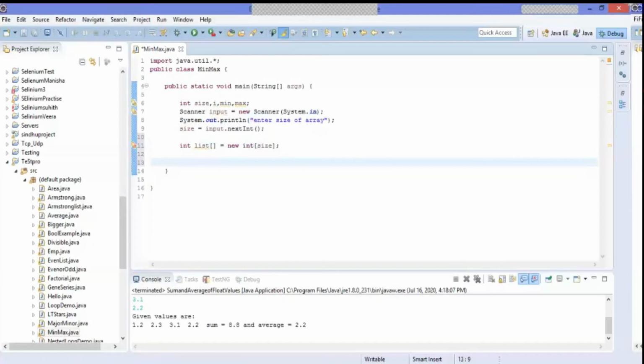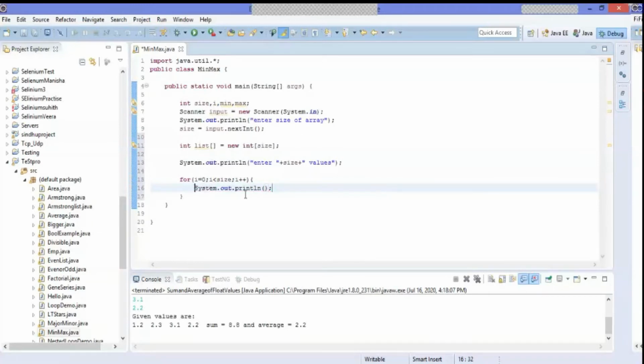and then we want to read the data, so further System.out.println "enter size values", and now we have to read the data, so for that for i equal to 0, i less than size, i plus plus, and then here we are going to be reading the data, so list[i] is equal to input.nextInt(), and now finally we have to calculate the minimum and maximum value.